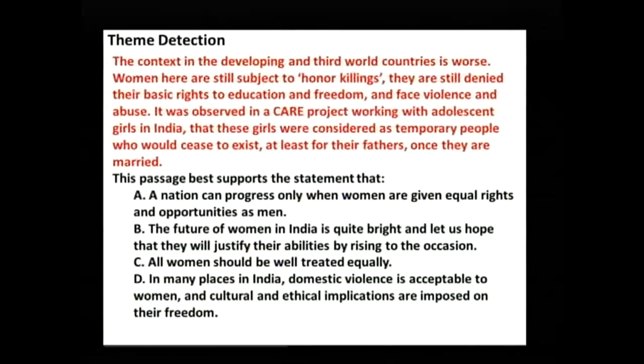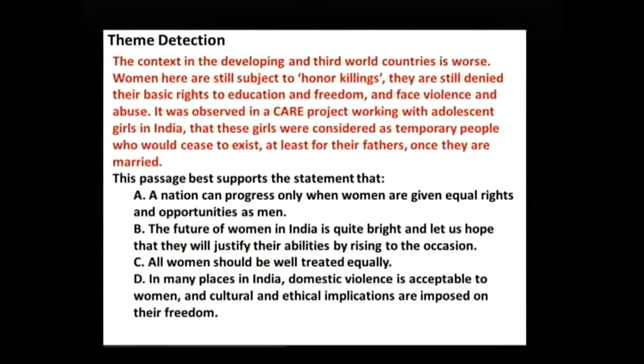And cultural and ethical implications are imposed on their freedom. That means in India and many places, especially in India, if a woman is physically abused, it's supposed to be okay. And on her freedom, they put a lot of limitations, lot of restrictions, and people feel it's fine, obviously, which is not right. The question is, the passage best supports the statement. Which statement does the passage support? And the correct answer is,